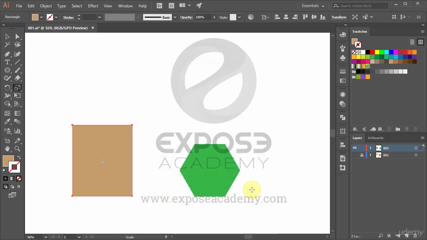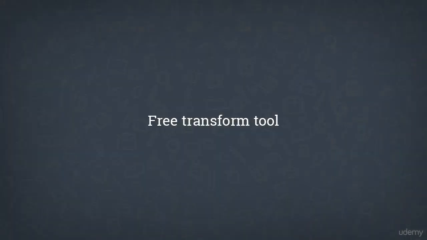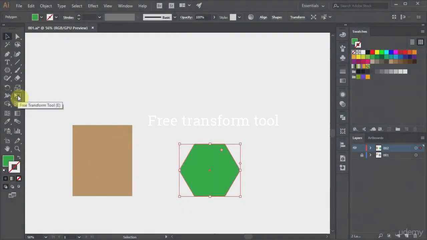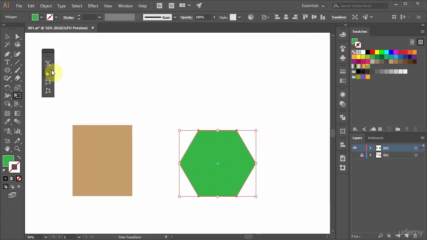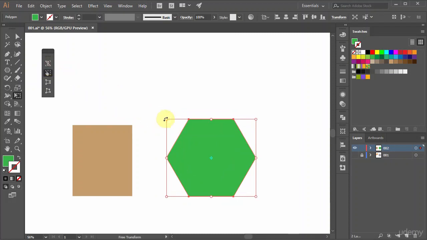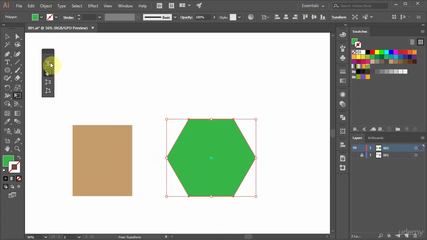Okay, the next transformation tool we're going to cover is the Free Transform tool. Using this tool is almost like using the default bounding box in Selection tool, but with several additional options floating in here. Clicking this button will make the scaling always proportional. If we click again, the option will be turned off. Now when we scale, we can get non-proportional results. This option for me is one of those redundant things in Adobe Illustrator because you can just press Shift to do proportional scaling.